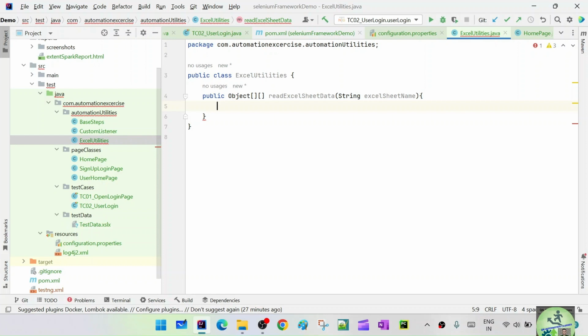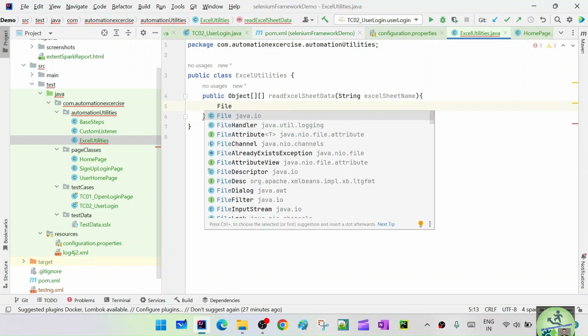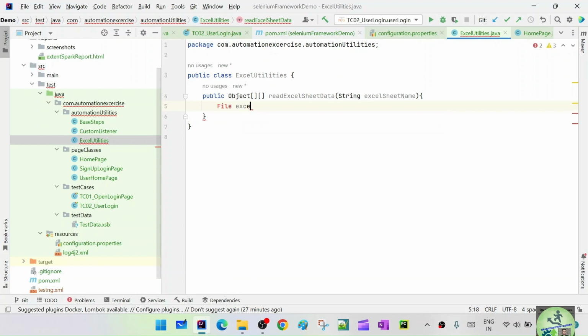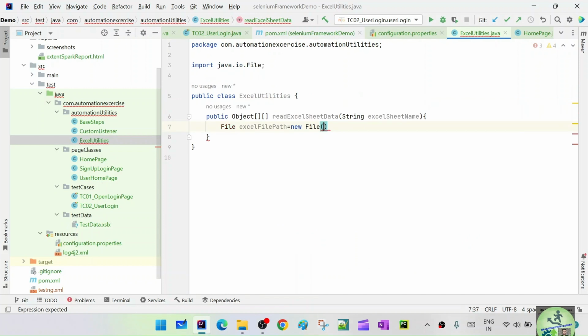So we'll say File, and File is from java.io only, and let's specify the Excel file path. So Excel file path equals to, and we have to give the actual location, right? So new File, and you say here